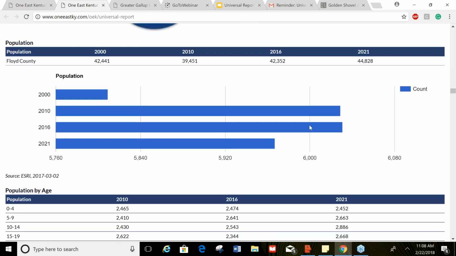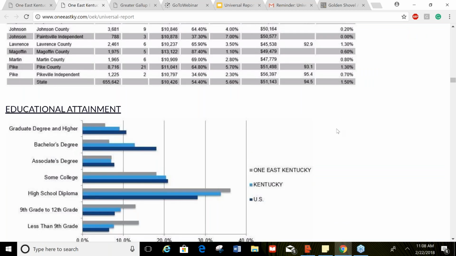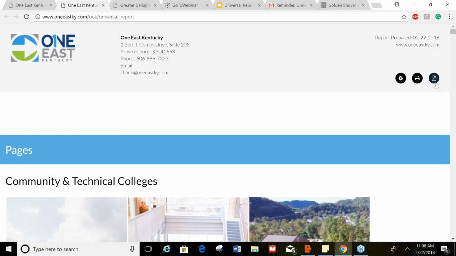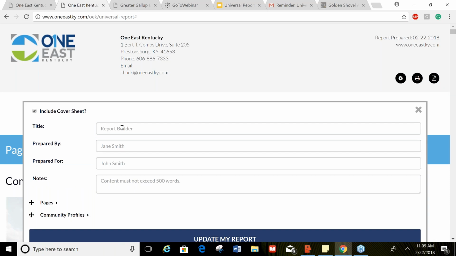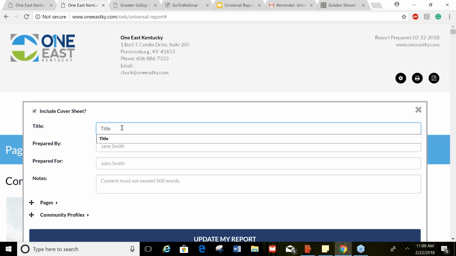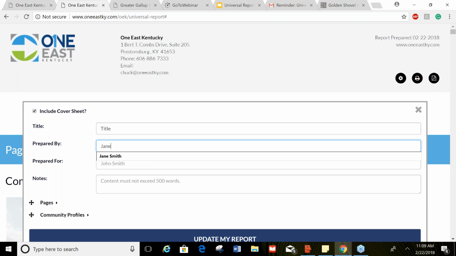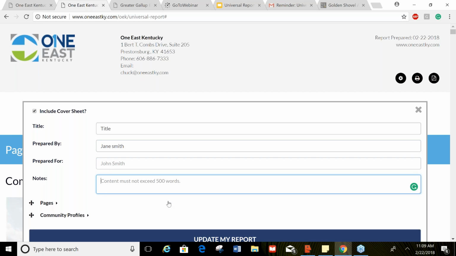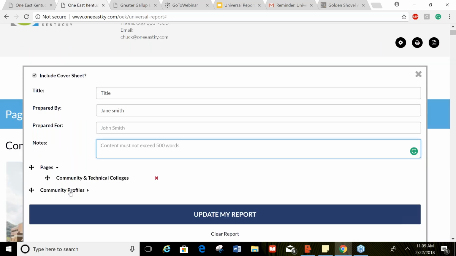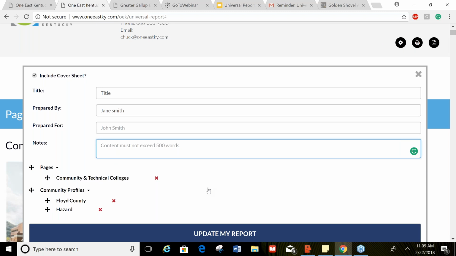Another really wonderful aspect about this reporting system is we've got a couple different things. We can take a look at a PDF version. I can hit print right from here, print it off. The settings tool is nice. It allows me to create a cover sheet. Throw in a title, prepared by Jane Smith. You can say prepared for, any notes. A great thing here is you can actually change the order your report is listed in. So